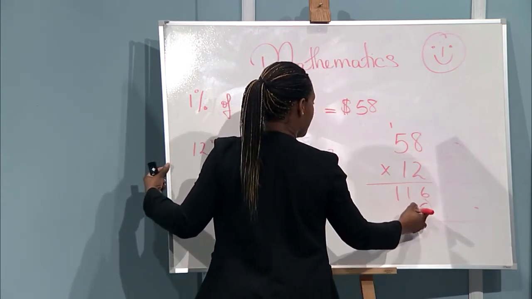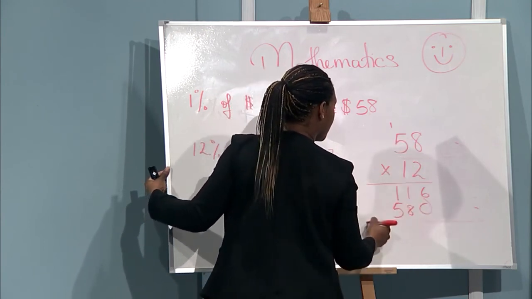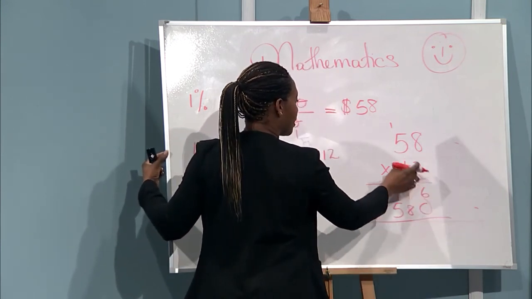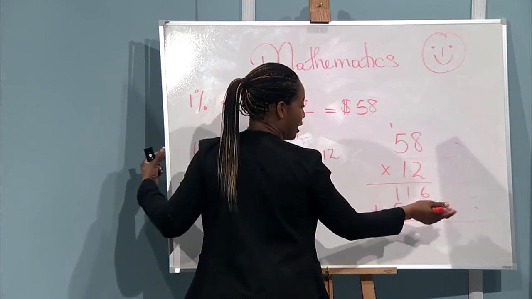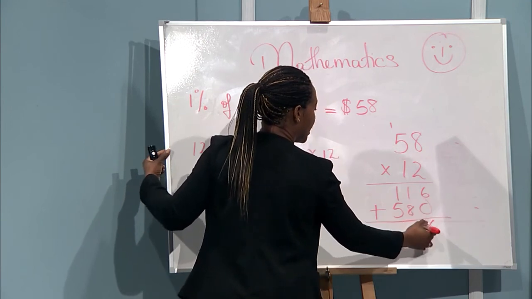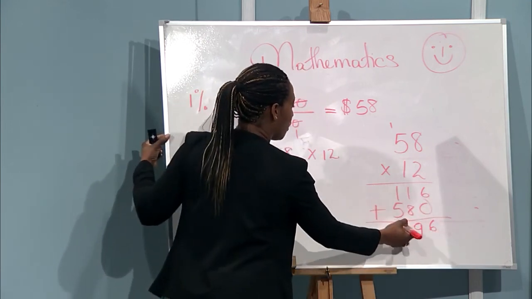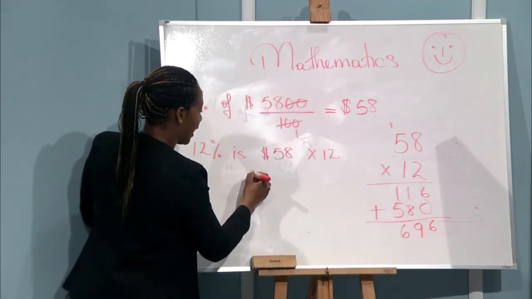And then 1 times 8 is 8, 1 times 5 is 5. And we add. Now I place the 0 here because I'm multiplying by another place. So I'm multiplying by 10 really. So 6 plus 0 is 6, 1 and 8 is 9, 5 and 1 is 6. So 12% is actually